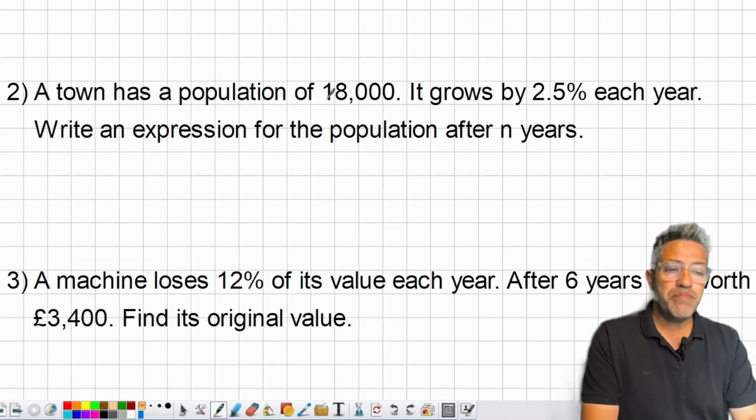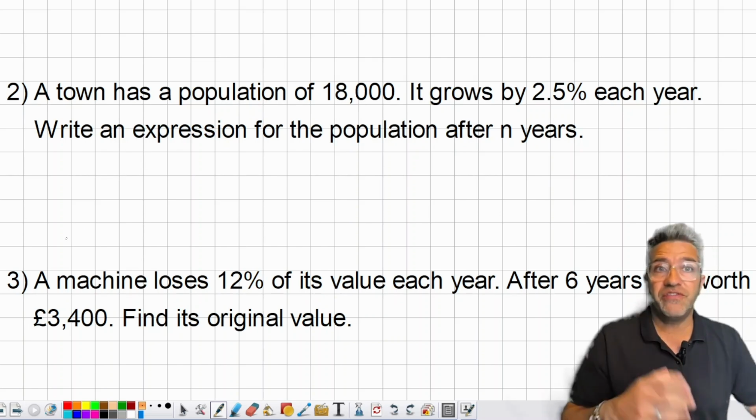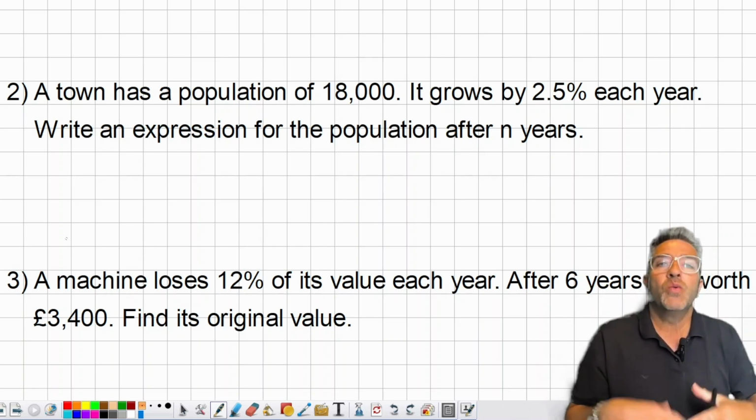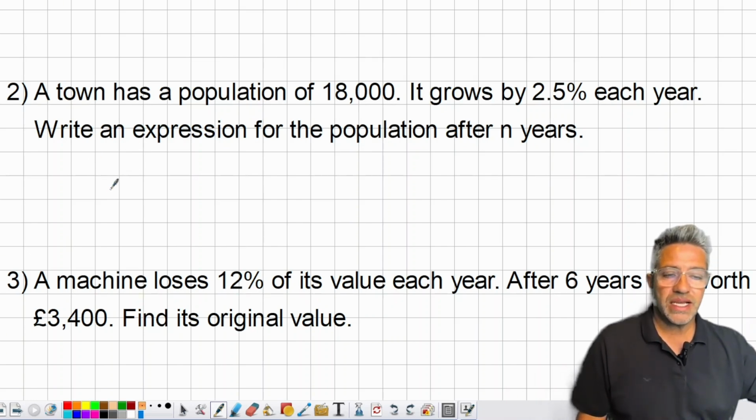Question 2. A town has a population of 18,000. It grows by 2.5% each year. Write an expression for the population after n years. So we're not looking for a final numerical answer. We're just looking to be able to write an expression so that the population can be worked out after however many years. So let's take our starting value of 18,000